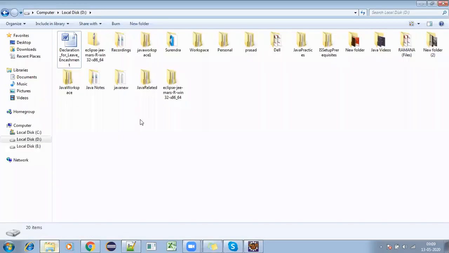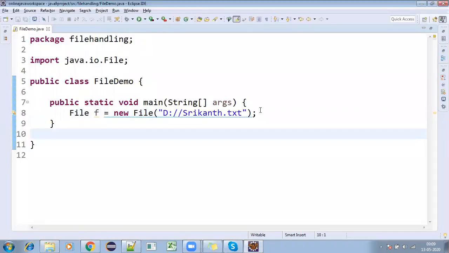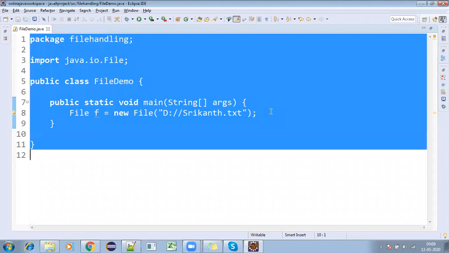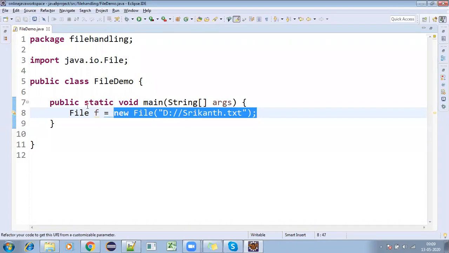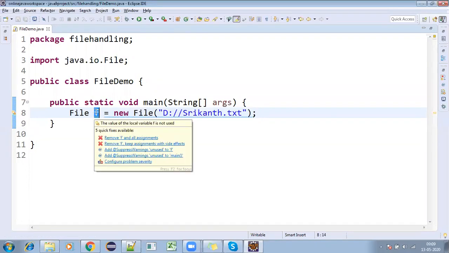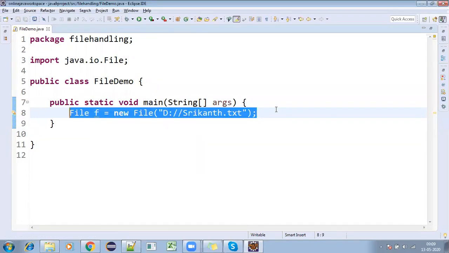Is there any txt file here? No. So if I'm using File f equal to new File like this, then f is the reference for this file. This line will not create any physical file for me.